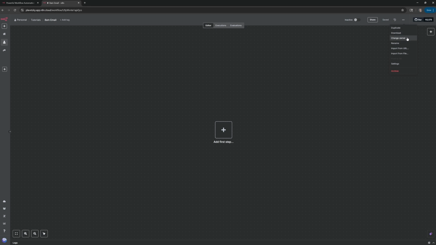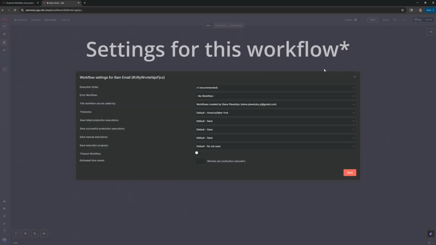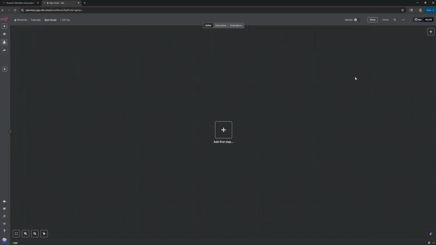When I change the owner here, it's not really going to do much for just your personal account, so don't worry about that. If you want to rename it, you can click here, or you can do it where I showed you earlier. If you want to import from URL, that will allow you to put in a website URL, and as long as it has the JSON file there, you can do that. Or import from file, you can actually import it from someone else. Like if I provide the workflow for future videos, you can download it and import it here. If you click on settings, it will give you some additional settings for things like the general account. I'm not going to get into that in this video, but I will in future.